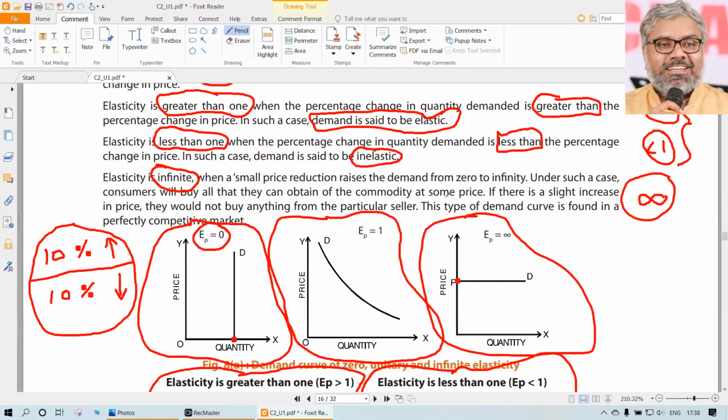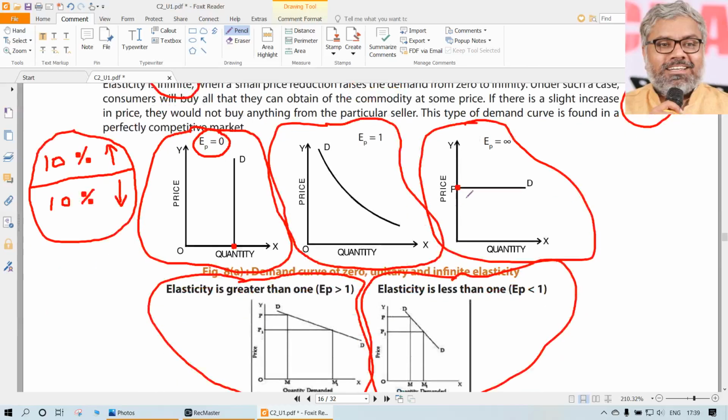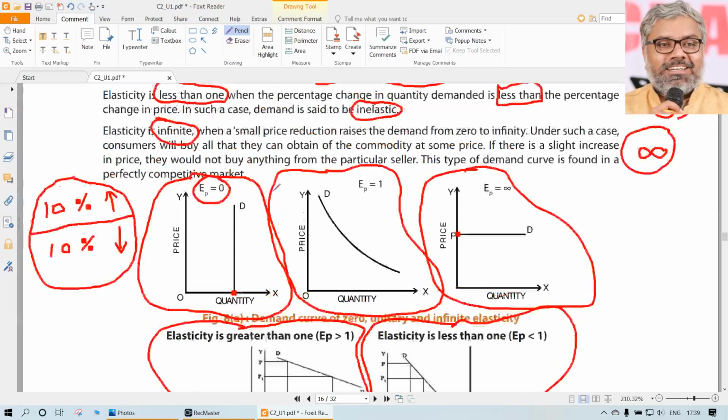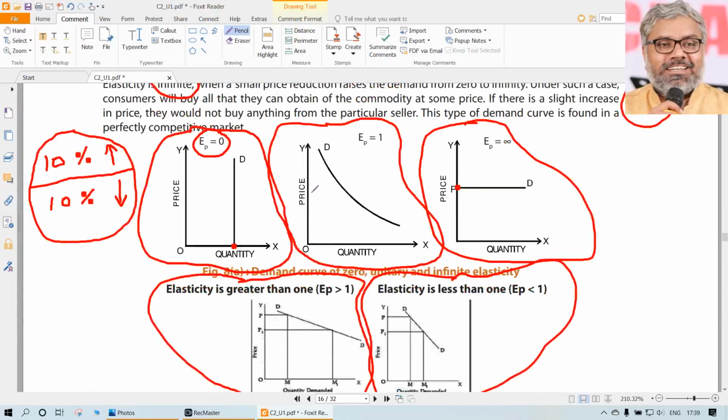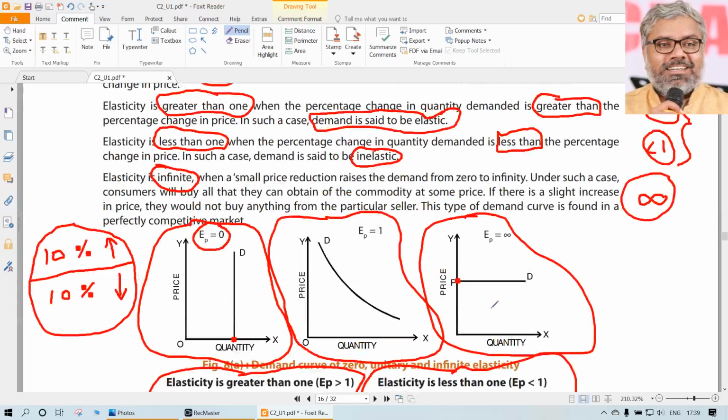So we need to be very clear with the graphs. If the graphs are given in the question, we should be able to identify what they are indicating. So how does the graph of each of them look? If the elasticity of demand is 0, then the demand line or the demand curve is going to be parallel to the y-axis. One, you remember, that is enough. Automatically, if it is parallel to the y-axis, it is perpendicular to the x-axis. Remember one thing: that is going to be parallel to the y-axis.